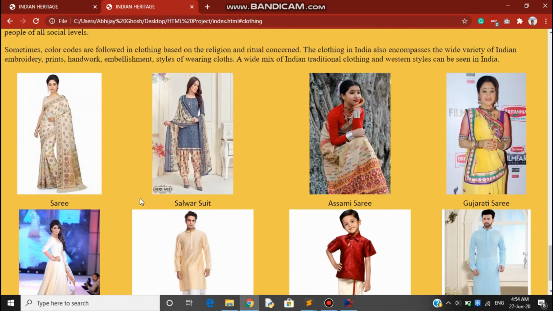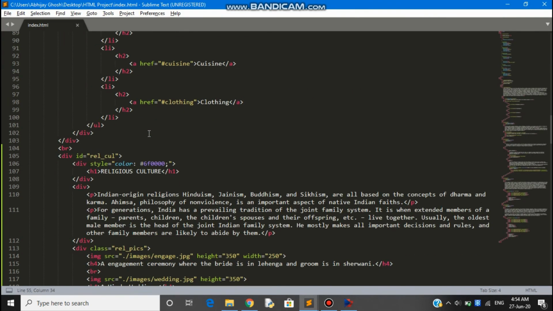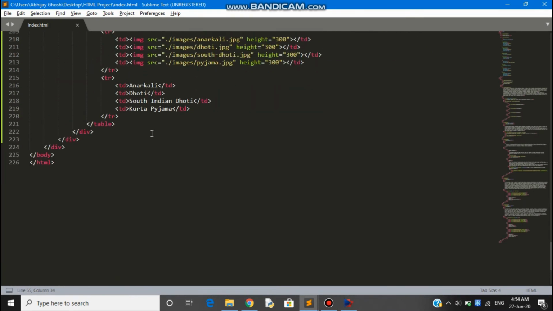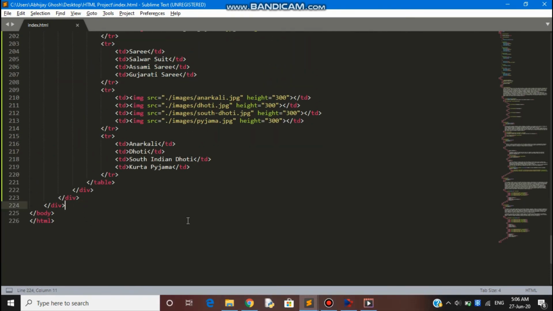So I have given a suitable name to the ID. I have given the property of text align center. Font size as per your expectations, I have given 20 or 30. You can do it on your own. Font family will remain Calibri. Everything is fine.